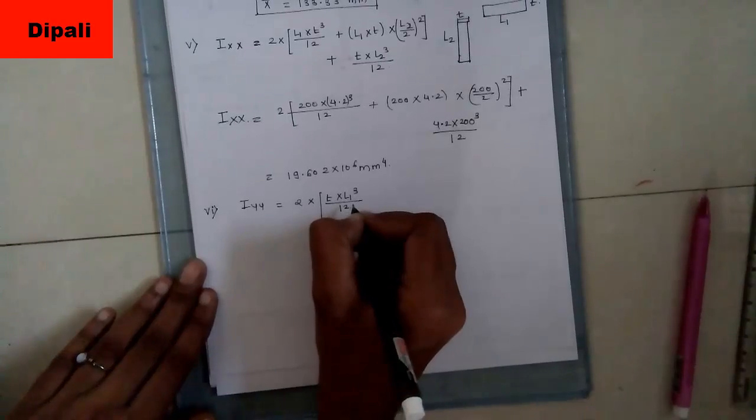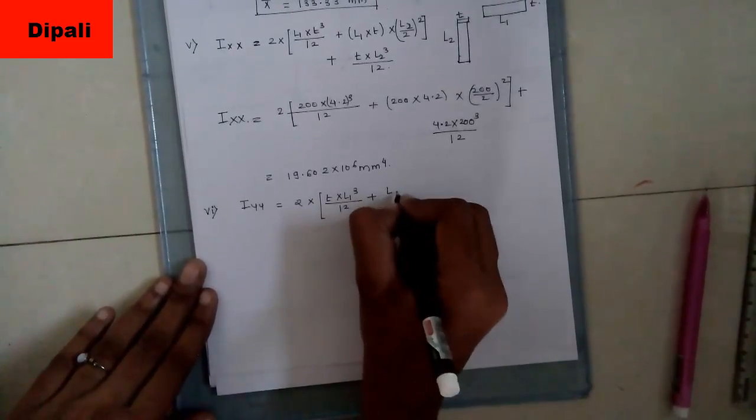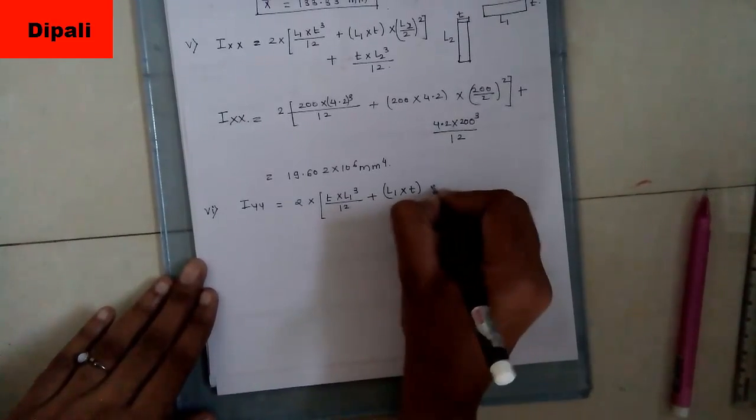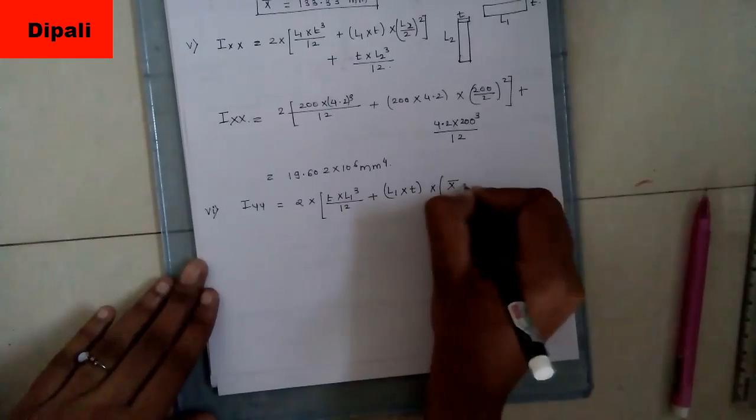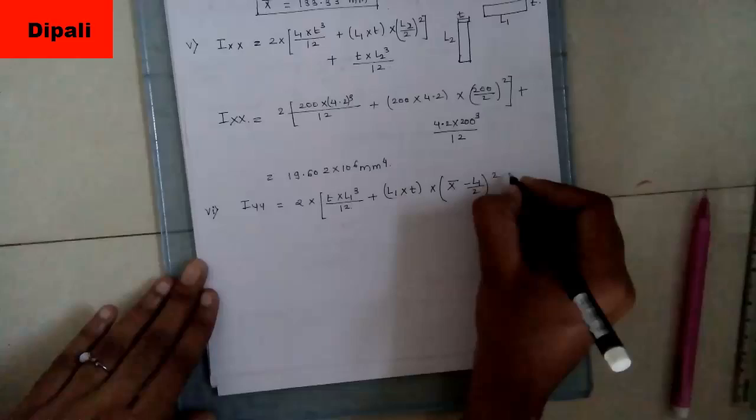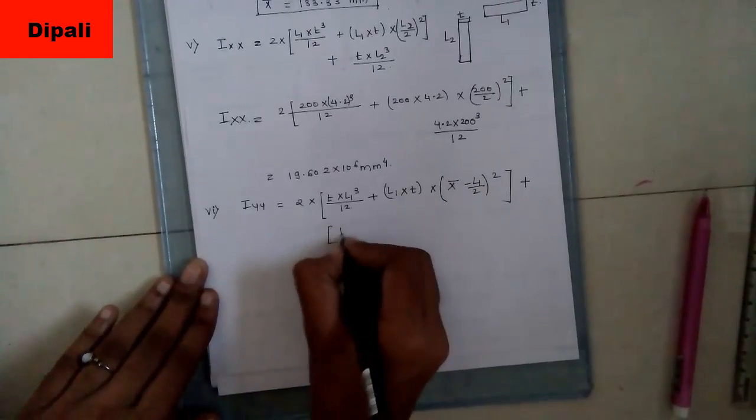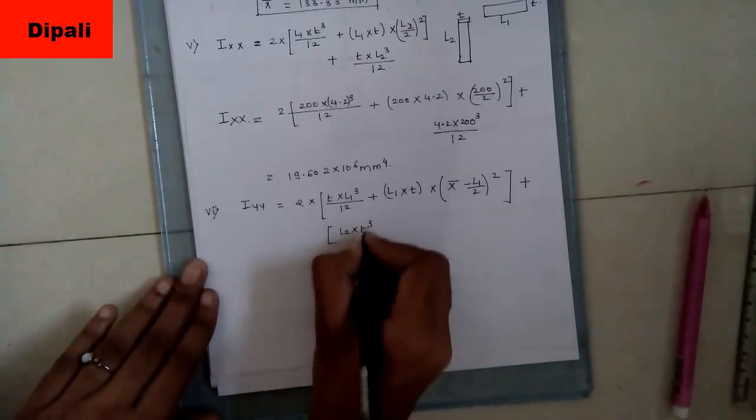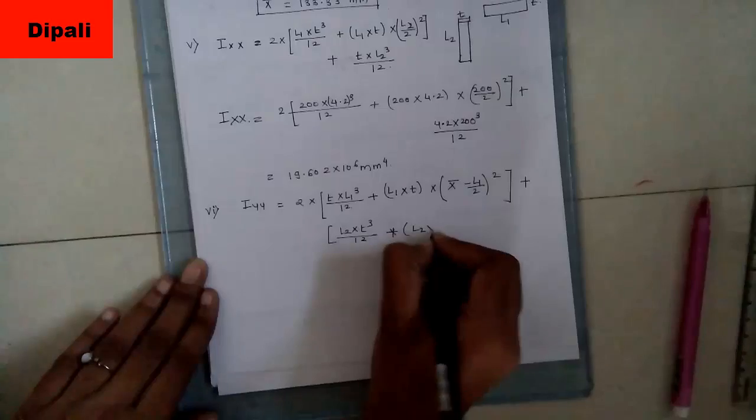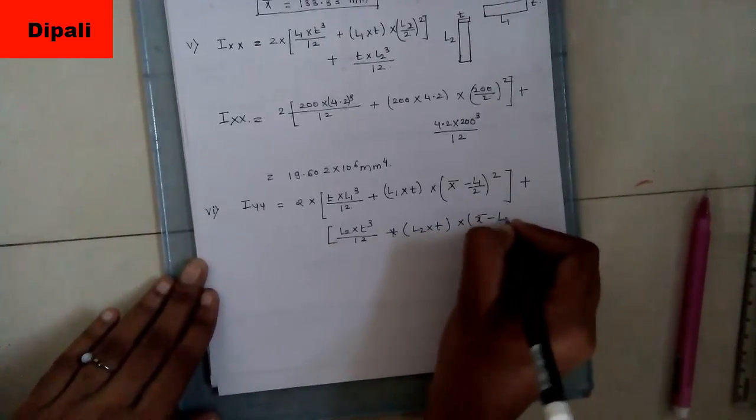By 12 plus L1 into T. This is the formula which is required for the Ixx. For the calculation of Ixx: plus L2 into T cube upon 12 plus L2 into T into (x bar minus L1)